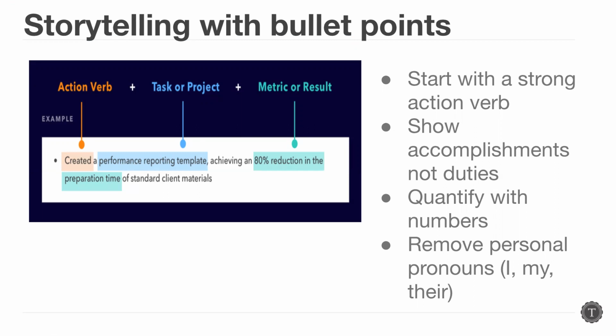In this first example, the bullet is starting off with a strong action verb: created, managed, spearheaded, everything in past tense if the role is not current. That's a best practice. Then it describes the project or the task and ends with quantifying that accomplishment. Another great best practice. If you can show the impact you've had with a number, percentage, or dollar amount, you're really going to catch the eye of the reader, and it's going to pop out against all the words